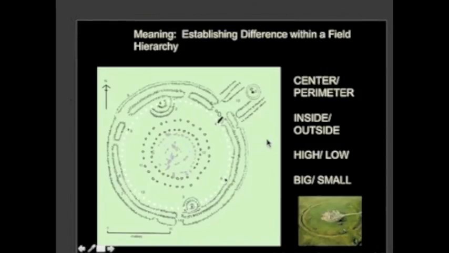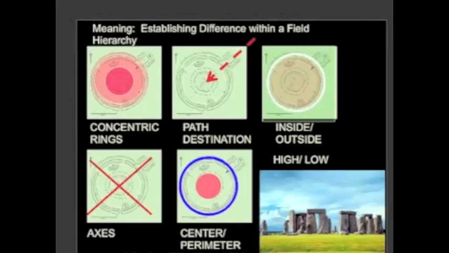In architecture, the way you establish meaning is by organizing difference within a field. So here we see, oh, green field, same; different; even more different; most different. And so we have all these different kinds of organizations inflecting toward a center, creating hierarchy,